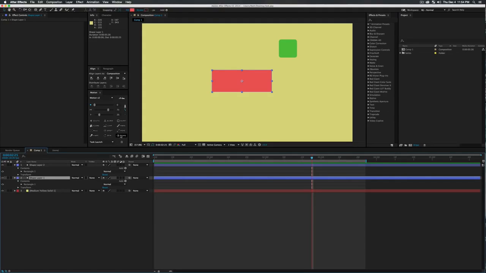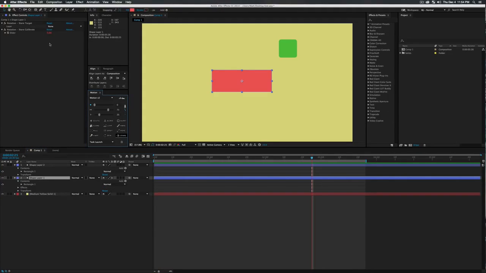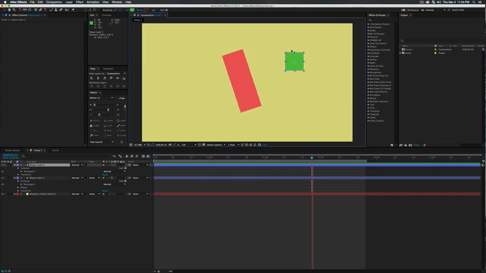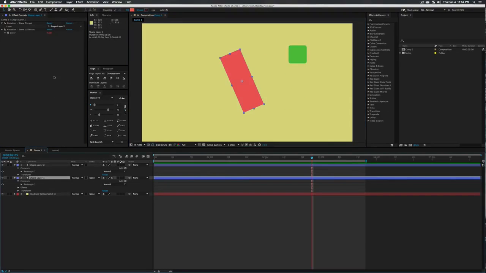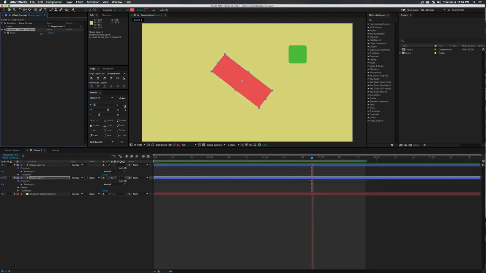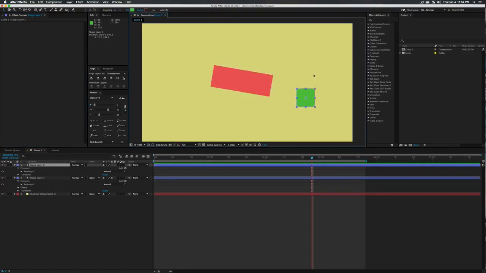By selecting your layer and clicking stare, we're able to tell the object to always look at another object. So let me go ahead and pick shape layer 2, which is this green little guy, and right now it doesn't seem to be looking properly. By calibrating or changing our stare direction, we're telling the object to always face that direction with another